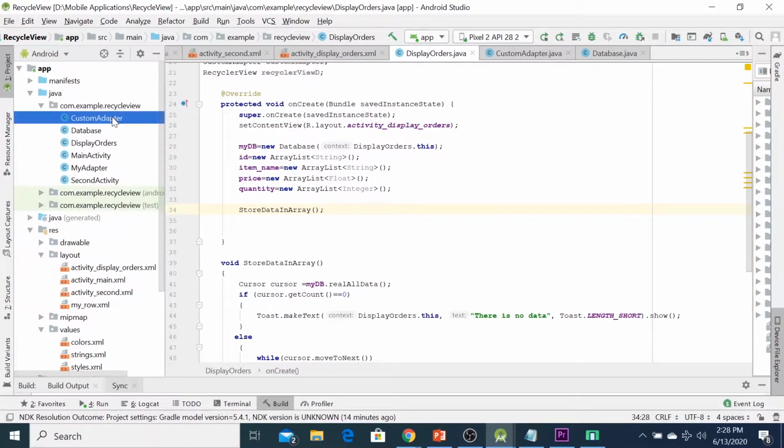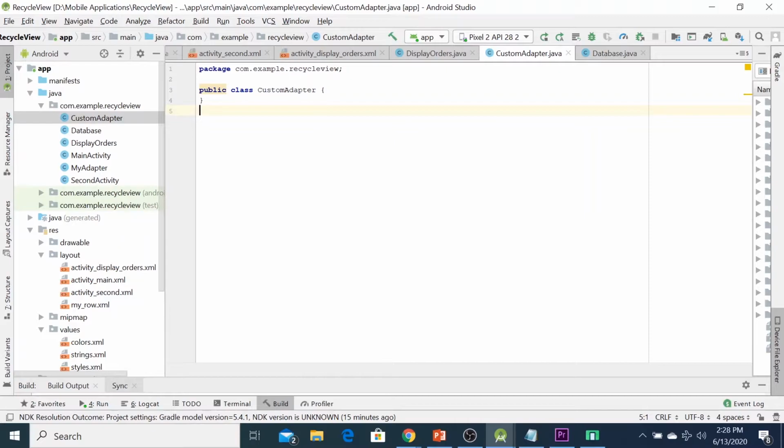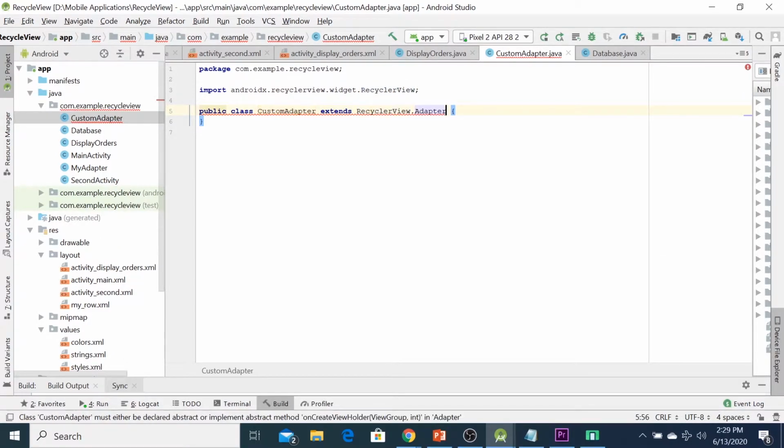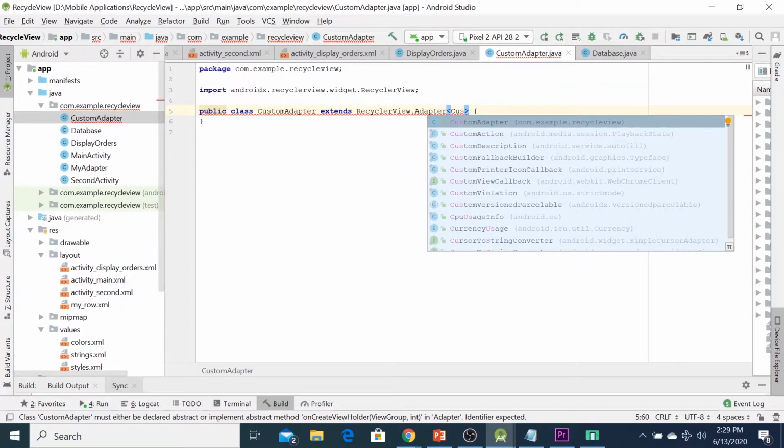Okay, next we need to save into the custom adapter in order to display in the recycle view. Here you can extend the custom adapter.